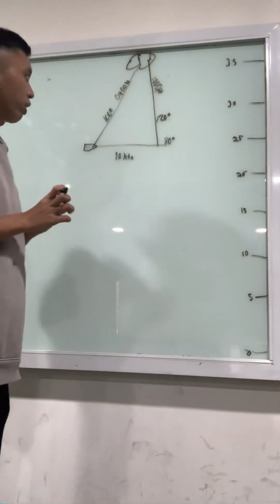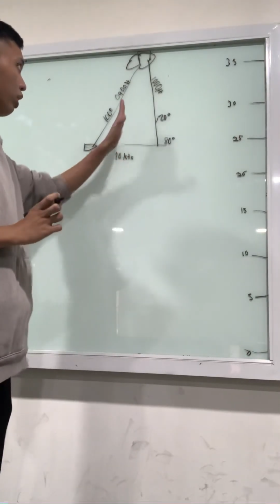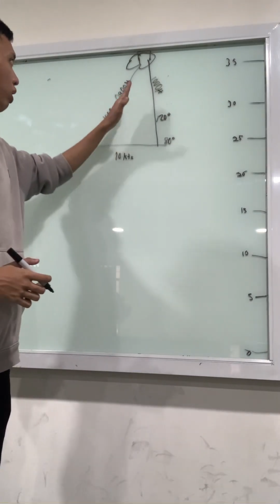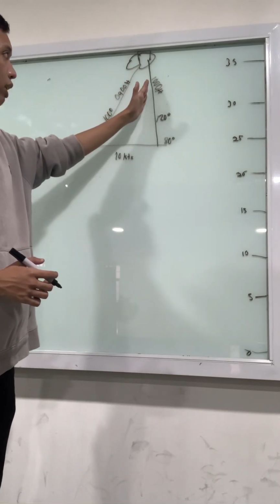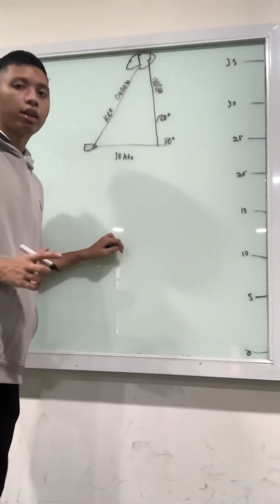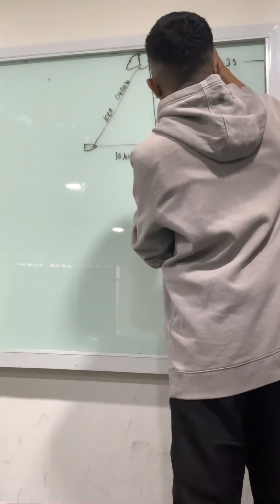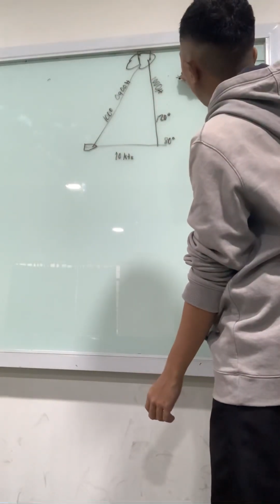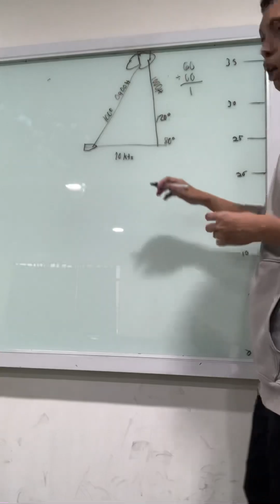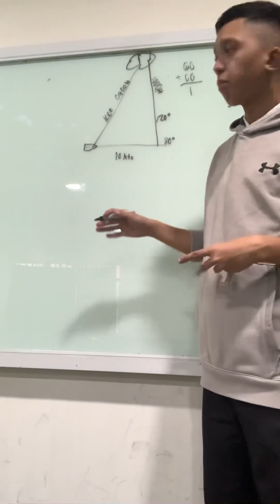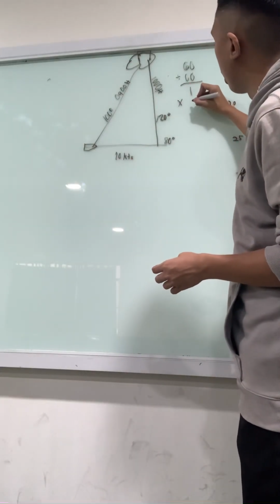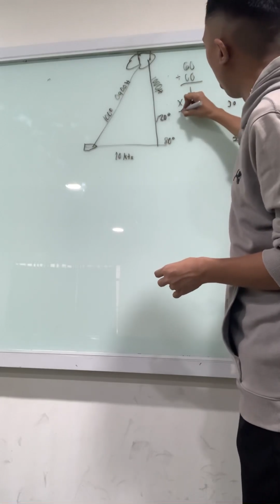Okay, so from here, I would divide the hour that took, which is only 1 hour, depending on the scenario that I created. It would be 60. So I would first divide it from 60 minutes to 60 minutes. 60 divided by 60, so then I would get 1. And then from here on out, I would use the speed, which is, for example, 10 knots. I would just multiply this by the time, so I would get 10.